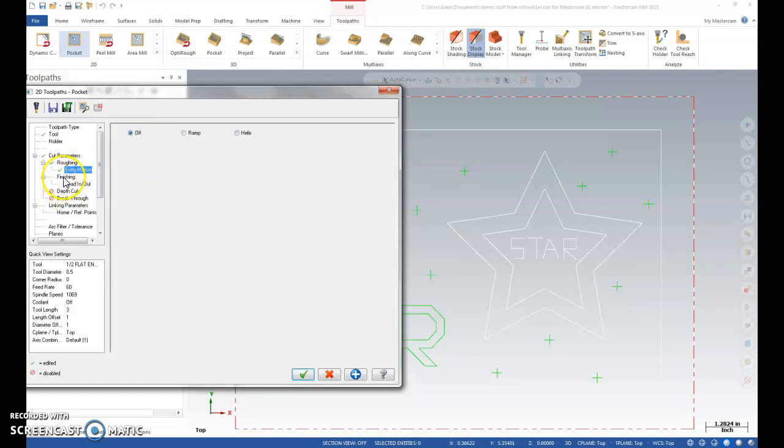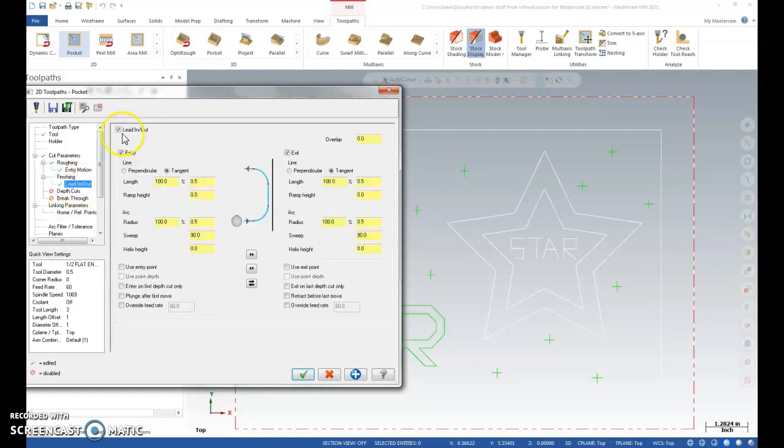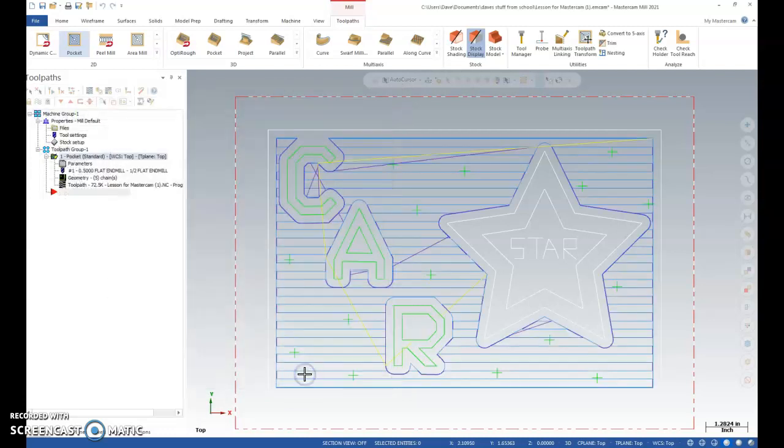We're going to come down here to finishing. We leave that on, but we turn lead in, lead out off. Great. And the last thing that we do down here is put the depth that we want to mill at. So linking parameters, and right here we go minus 0.25, so down 1/4 of an inch, which is the maximum that you can mill depth-wise into your plaque. Checkbox. Great, I have my tool paths done,